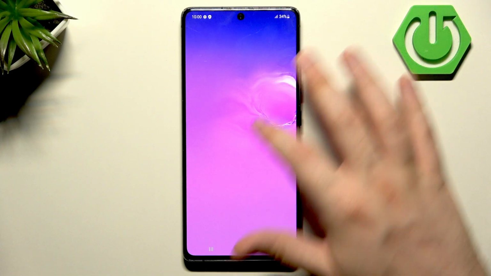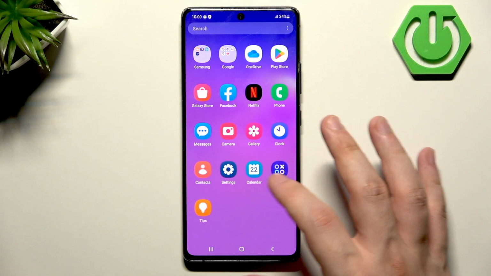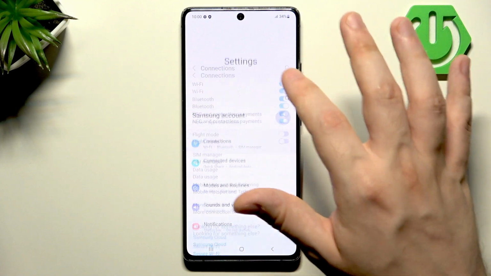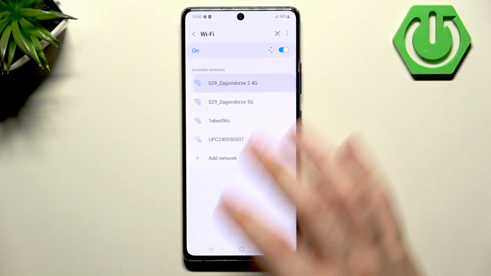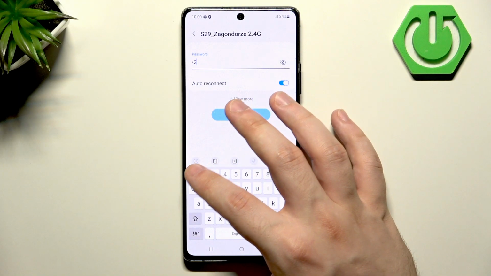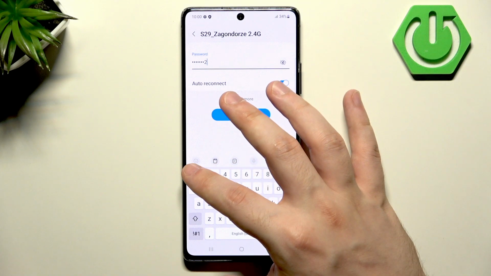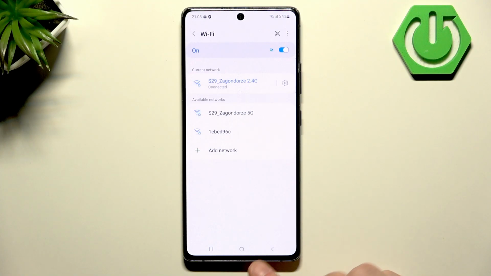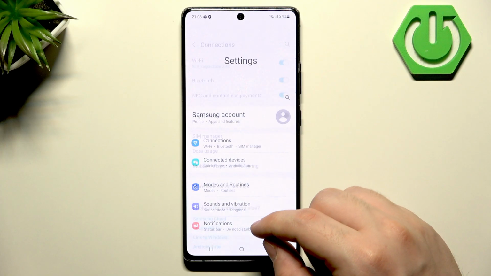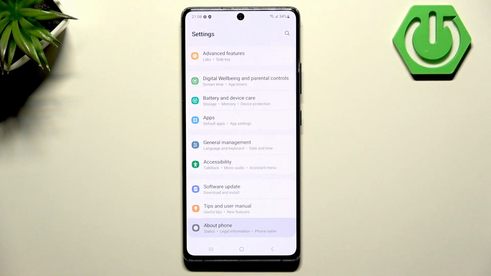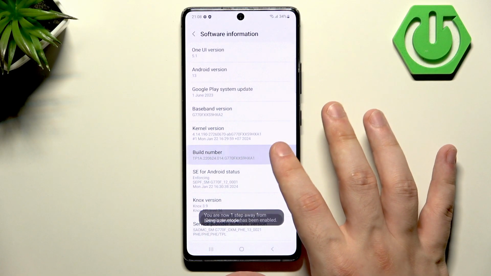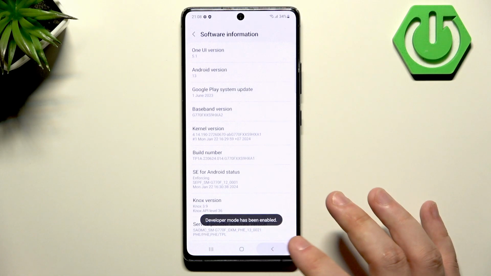Okay, now we need to connect to the Wi-Fi, and not connected devices, but connections, Wi-Fi, select available network, then connect to it, go back, scroll all the way down, about phone, software information, tap on the build number until developer mode is enabled, then